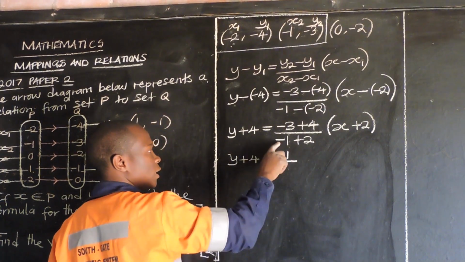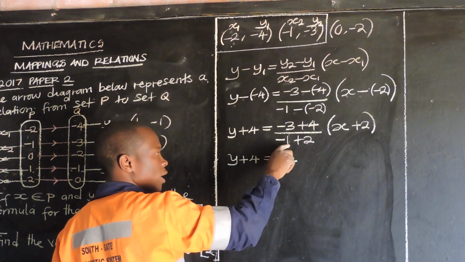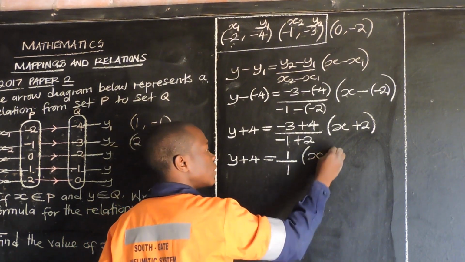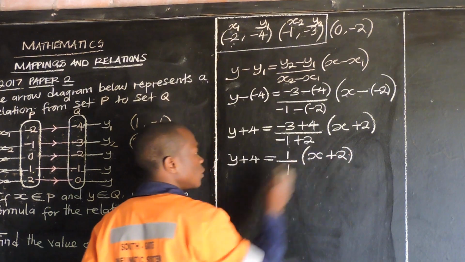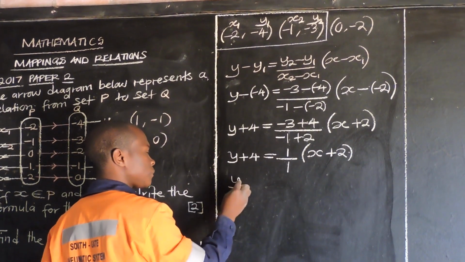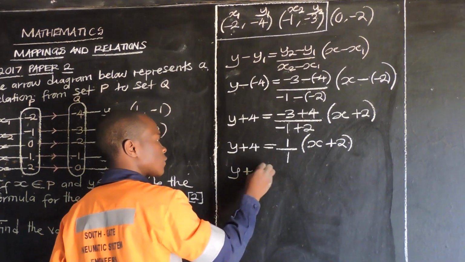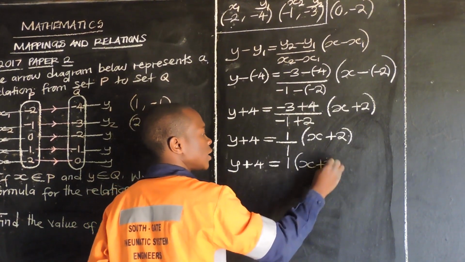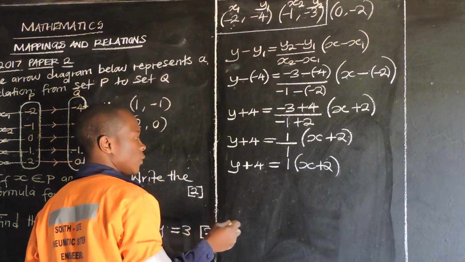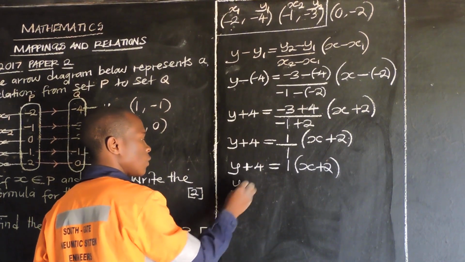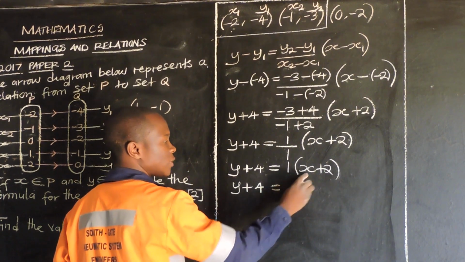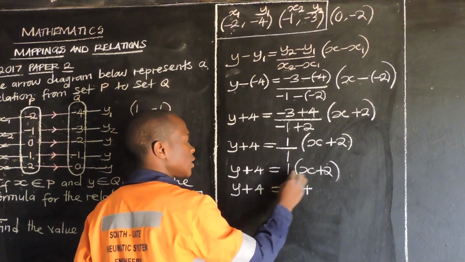Then -1 plus 2, we get +1. Open brackets X plus 2. Okay, and move on. Y plus 4 is equal to 1 into 1 is 1, open brackets, X plus 2. Then you can move on and say you maintain this. Y plus 4 is equal to, removing the brackets, 1 times X, you get X, plus 1 times 2, you